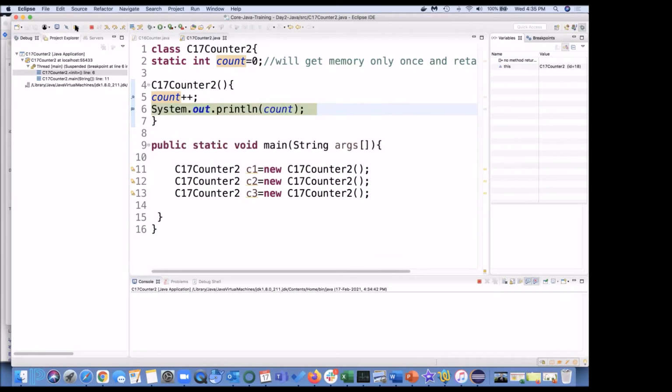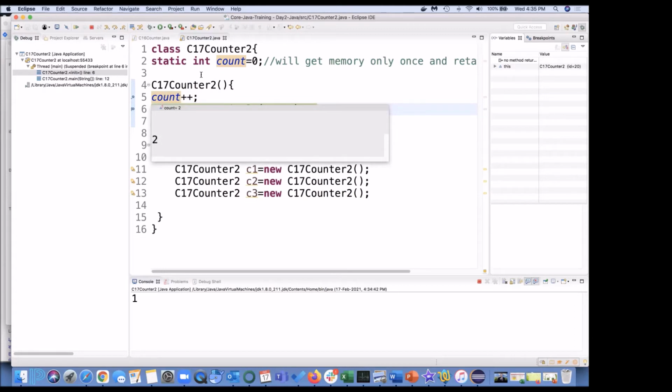And when the value of count is 1, 1 got printed. Again, the next line is this one. Still the value is 1 at this moment. Let's go inside the constructor. Value is still 1, and if I go there, value becomes 2.